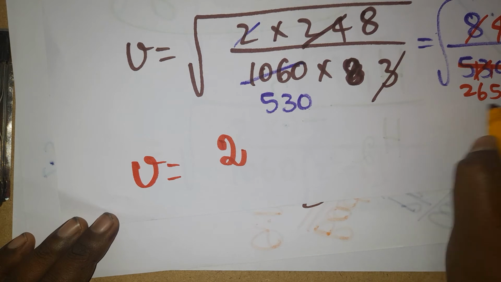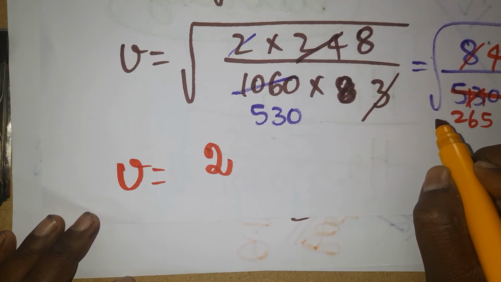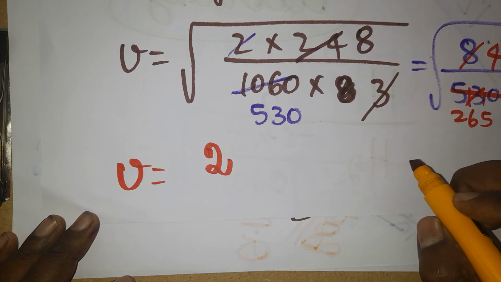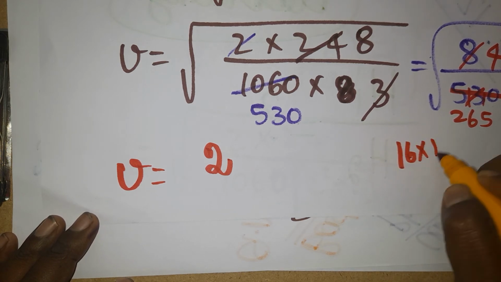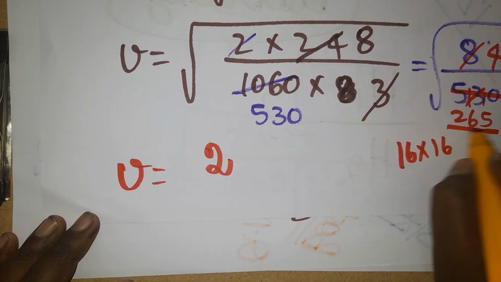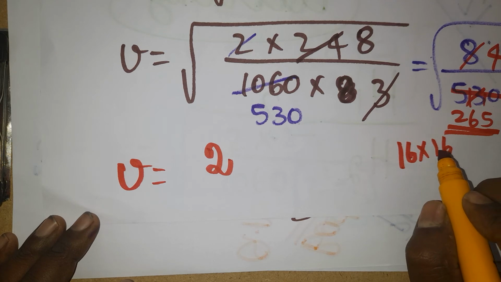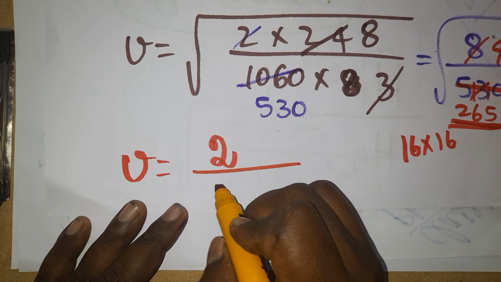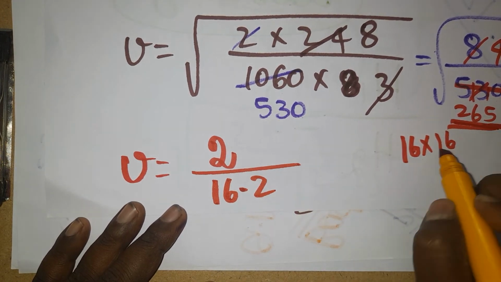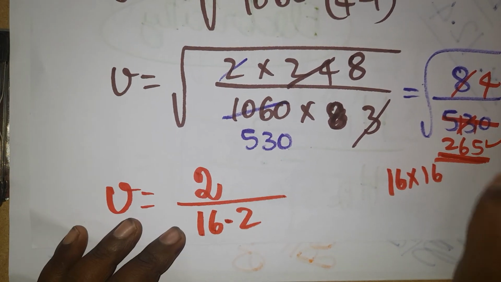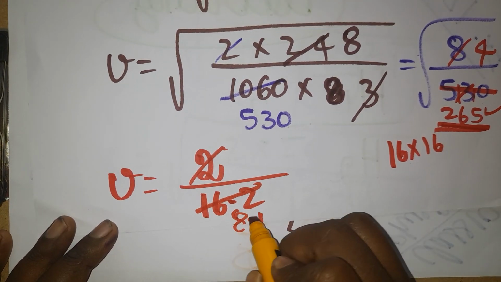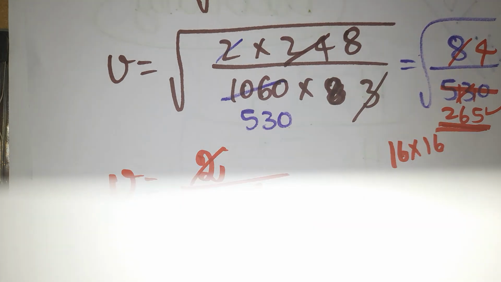Root of 256. If you are taking the root of 256, I can do it approximately. An approximate value we can also do. 16 into 16 will get close to this value. 16.2 accurately I will get, closer to this value. 16 into 16 gives near 250. Actually 16.2 into 16.2 is close to 265. So now it will be 8.1. Approximately you can also do the problem.